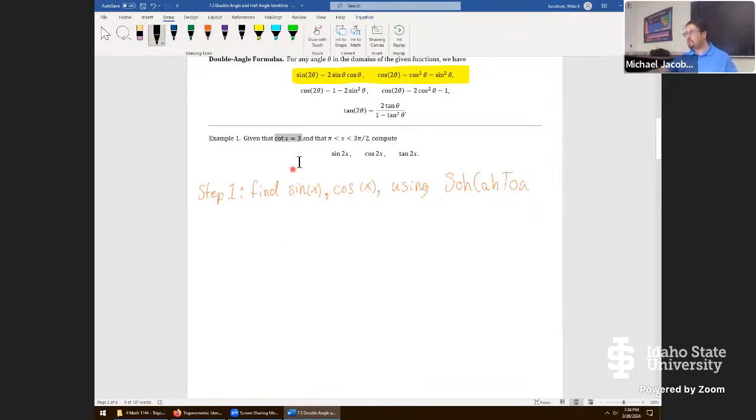So here's how it's going to go. Cotangent x is 3. I want to use the TOA part and just say tangent x is the reciprocal, so it's 1/3. You don't have to do that, but that's the acronym I usually like to use, so I prefer dealing with a tangent. Just take the reciprocal of both sides, and you have the same information. Next, I'm going to draw a